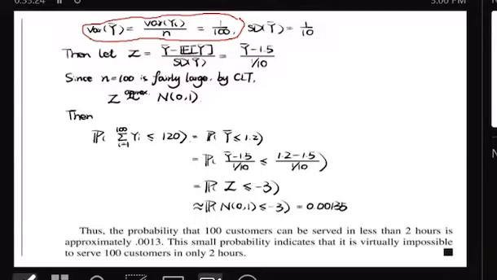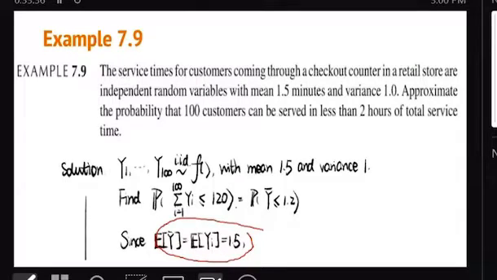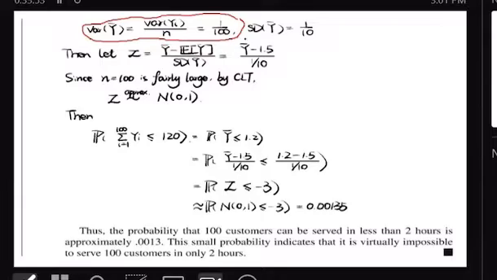If I know the variance of y, then I will be able to find the variance of y bar. What was the variance of y? You're given a variance of 1.0. Don't forget, the variance of y is sigma squared, but the variance of y bar is sigma squared divided by the sample size. And that was the reason why you see 1 divided by 100. The sample size is 100 here, right? And of course, the variance of y bar is going to be 1 over 100.